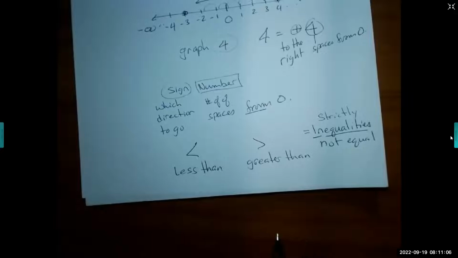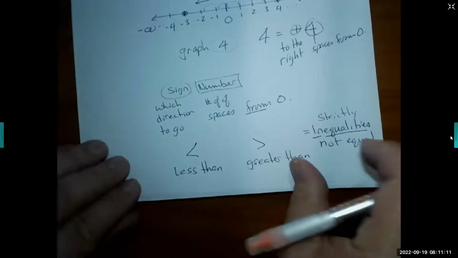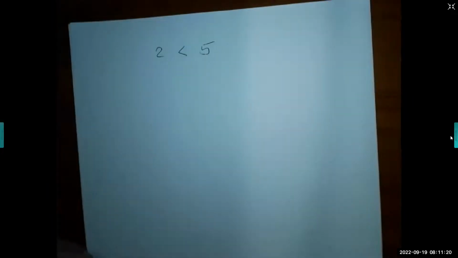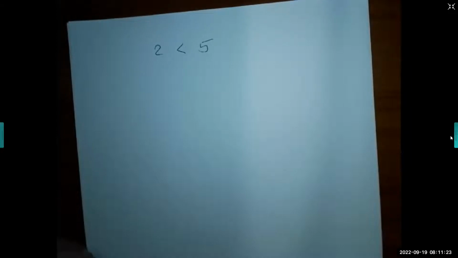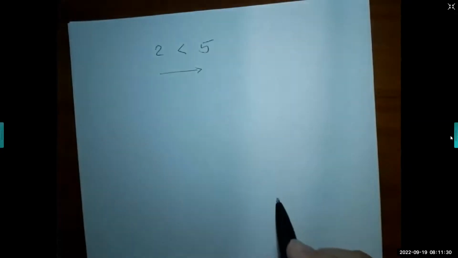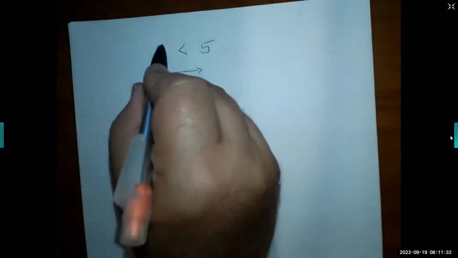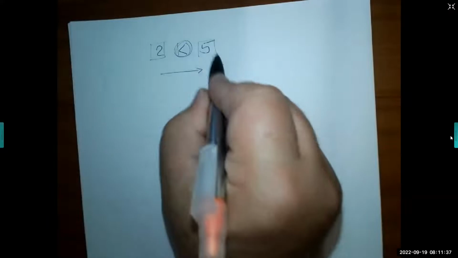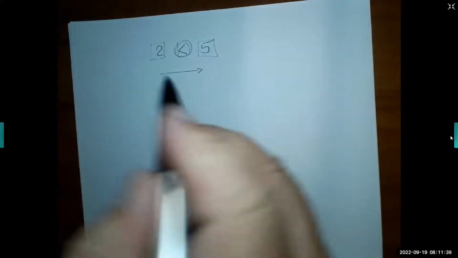That's what I remember from elementary school. The alligator always eats the bigger piece of meat. That's what I always said. So 2 is less than 5. But remember, I told you first day of class, mathematics is a language. How do you read math? From left to right. If you read left to right, this number is related to this number. 2 is less than. One way you could do it,